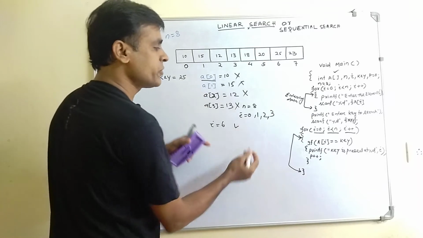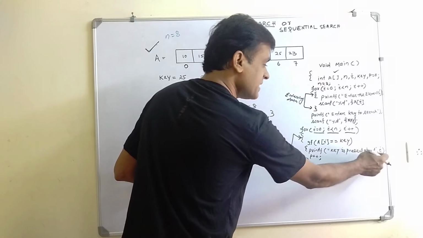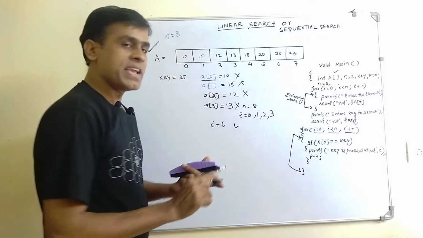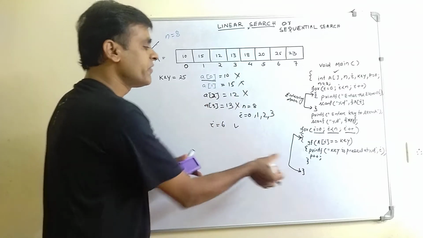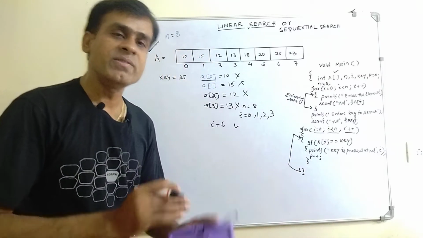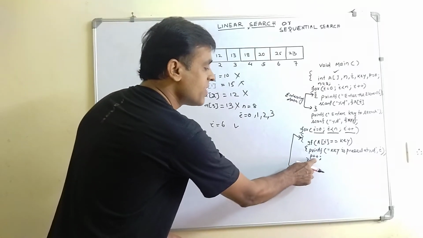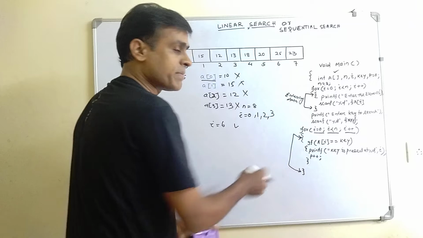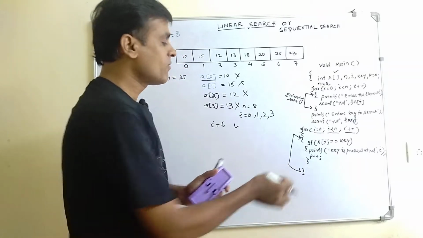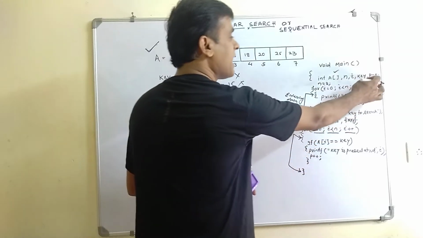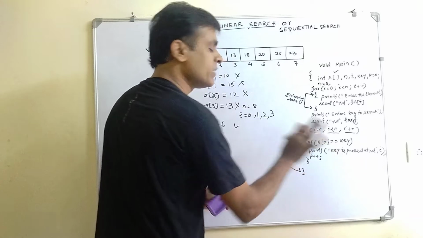Yes. If it is your key, what will it print? Key is present at %d, i, meaning the ith location the key is present. What is the value of i? 6. So it will print that at the 6th location the value is present, and it will increase the value of p. This is the way of programming; different programmers have written it in different ways. Why have I taken this p? Because earlier I took p is equal to 0, and once the element is found, it will increase p.